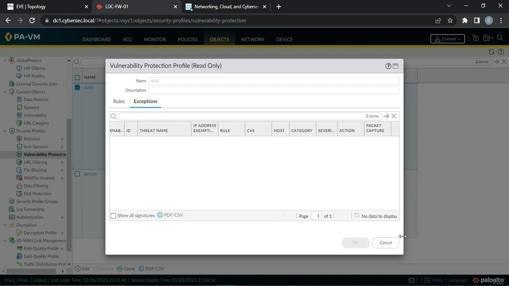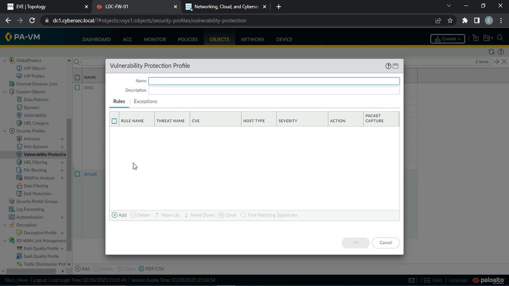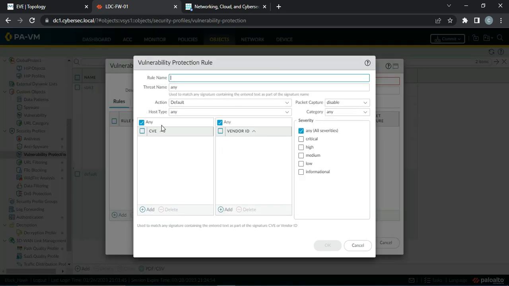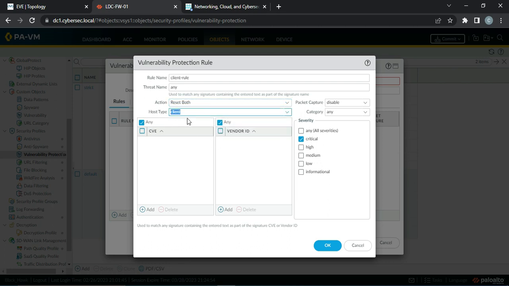You cannot make changes to these predefined profiles. You can create your own profile, and then accordingly you can add the rules. So any CVE, any vendor, right? If criticality, right? You can give it a name. Let's say I want to give client rule, threat name any, action reset both, host type any. We are making it for client, so client, CVE any, vendor ID any, criticality any, packet capture single packet,